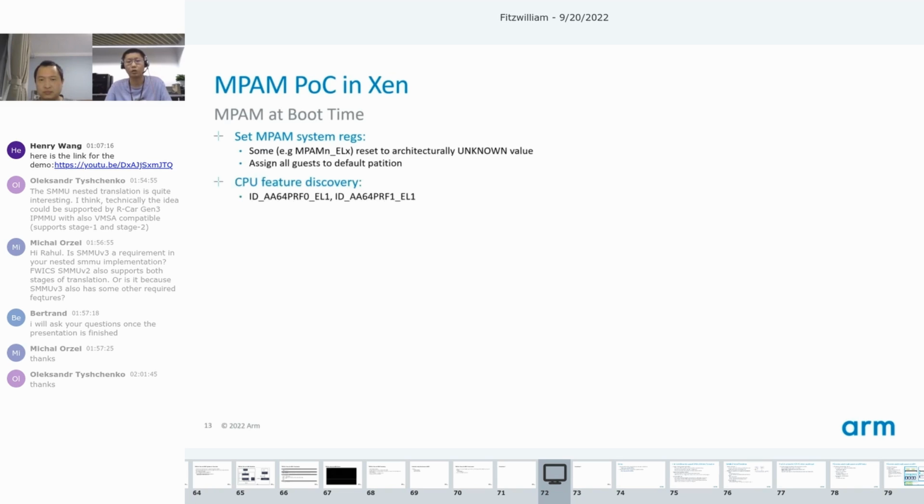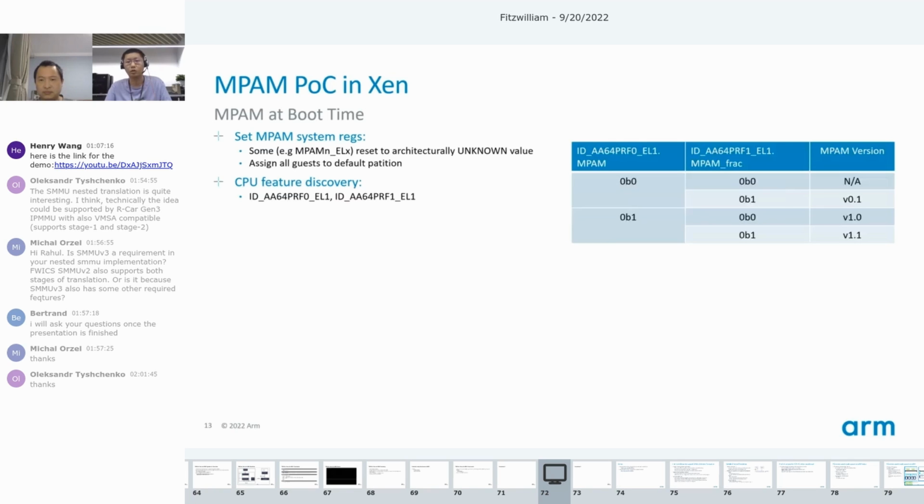Then, like we are currently doing for other ARM architecture extensions, we check the ID registers in the top right side table to discover the MPAM CPU feature. The next step is the MPAM initialization, and we start from the detection of MSC from firmware. Here I use the device tree as the example, and the detection and initialization is based on finding the device tree node that contains the MSC compatible string. Note that, as mentioned in the device tree slide, we need to take care of the MSC CPU affinity if the MSC is related to cache.